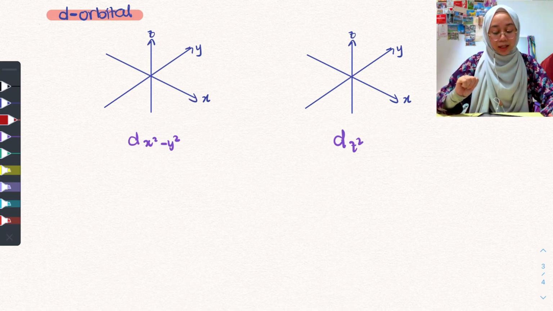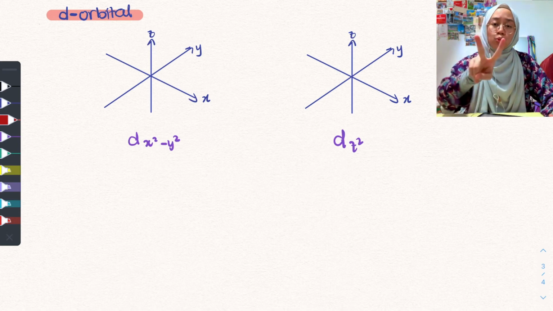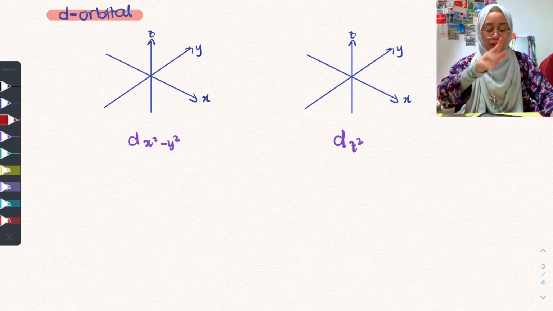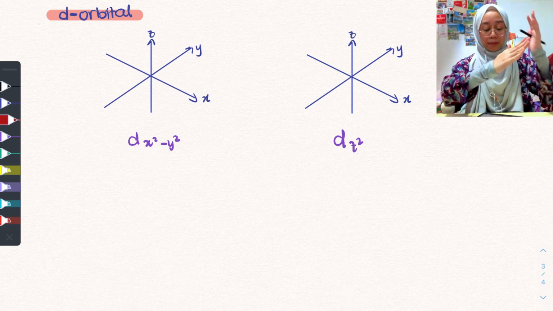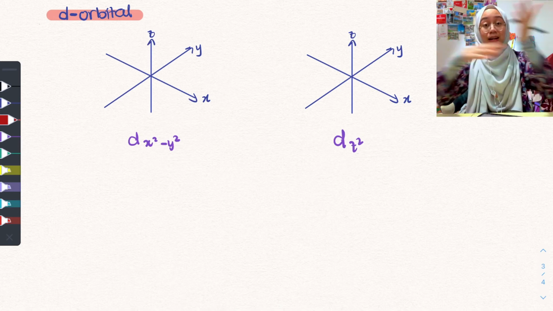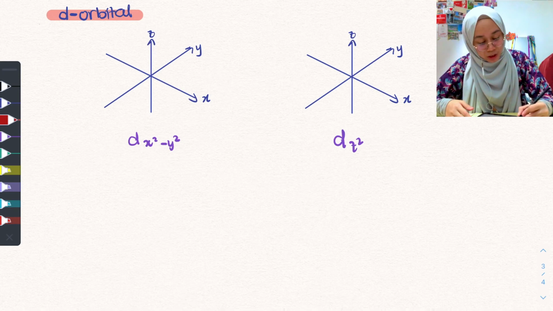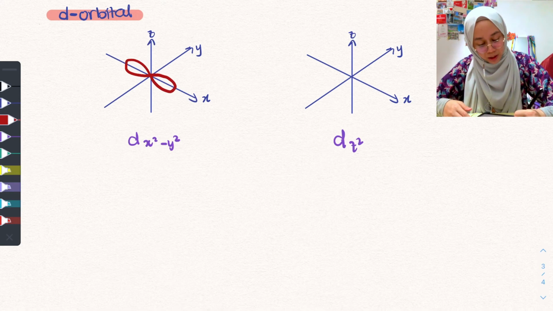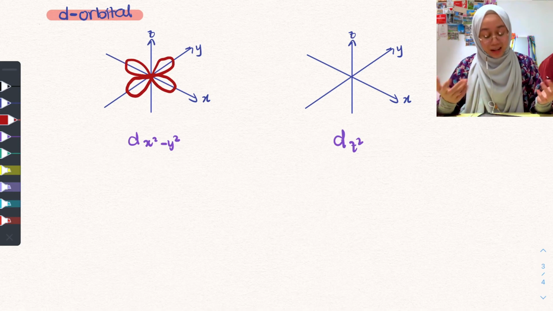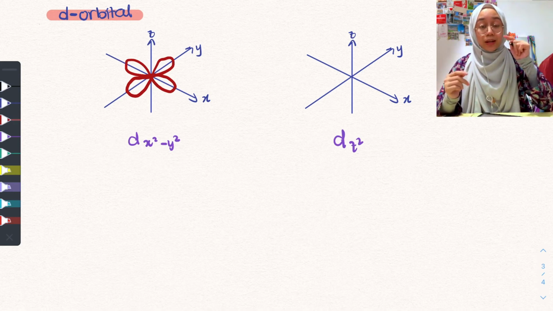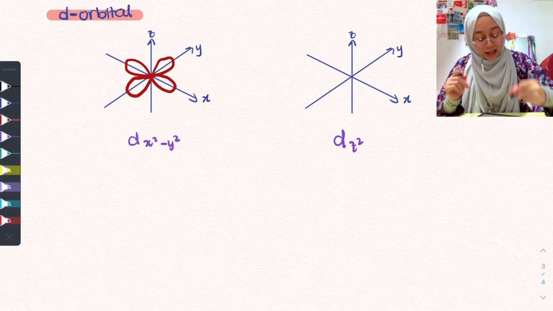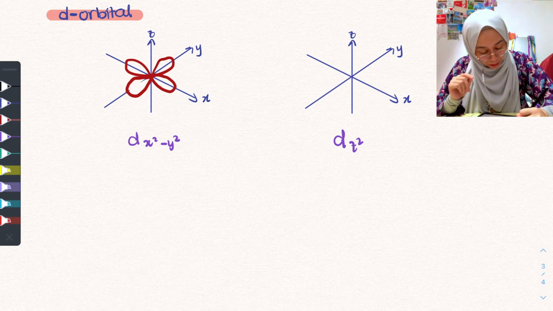So when there are 4 petals, first you basically draw 2 dumbbells. Okay, so one dumbbell is on X, and the other dumbbell is on Y. So that will produce the cloverleaf. Okay, so just draw the dumbbells, 2 dumbbells. Okay, so one on X, another one is on Y. Okay, so now you have your cloverleaf. Very simple. And then as usual, just remove the axis inside the ring, inside the orbital. Okay, so you have your